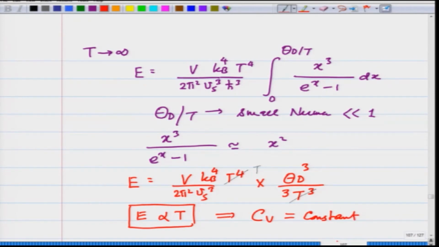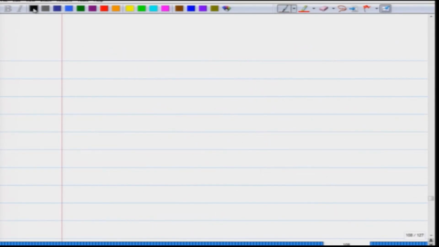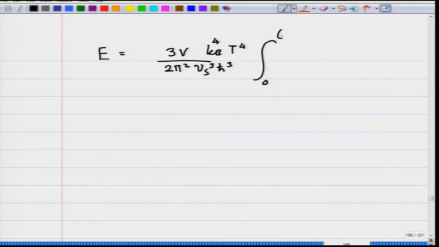Now notice that all this I have done taking only one mode into account. Now I should be actually writing E taking all three modes of 3-dimensional vibration, or 3N degrees of freedom, into account as 3V over 2 pi square V_s cubed h cross cubed, k_B raised to 4, T raised to 4, integral 0 to theta_D over T of x cubed over e raised to x minus 1 dx. So, I have to multiply by this factor 3. So, as T goes to